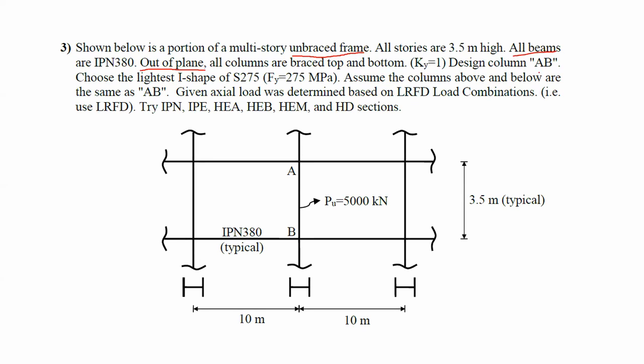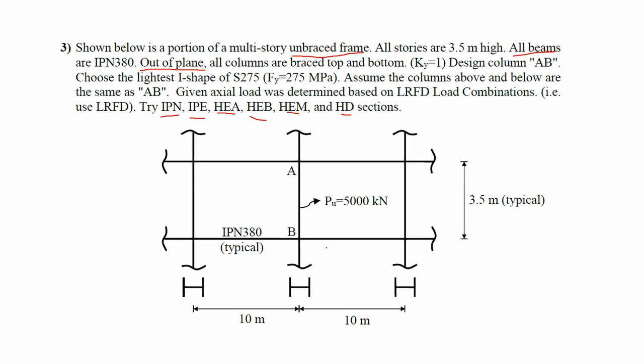Design column AB. Column AB is over here. Design column AB. Choose the lightest I shape of S275. Assume the columns above and below are the same as AB that you will design. Given axial load was determined based on LRFD load combinations. You have to try sections IPN, IPE, HEE. It's a very long list. But anyway,